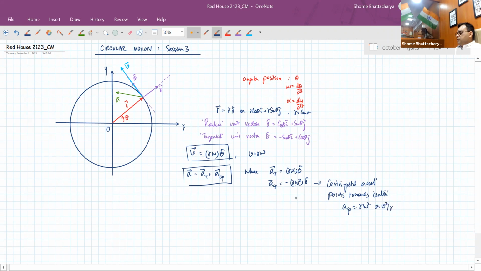Now, the role of the centripetal acceleration: it acts perpendicular to the velocity vector such that it makes the velocity vector turn. All the time the velocity vector is turning as the particle is going from point to point. You can see the velocity vector is always turning. That turning happens as a result of the centripetal acceleration, which is responsible for causing the velocity vector to turn. Whereas the tangential acceleration, on the other hand,